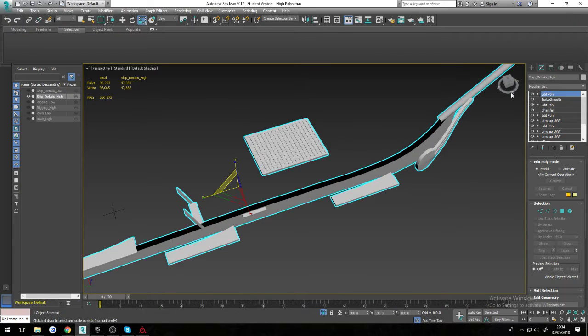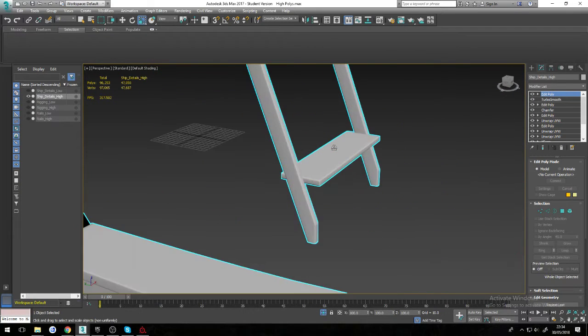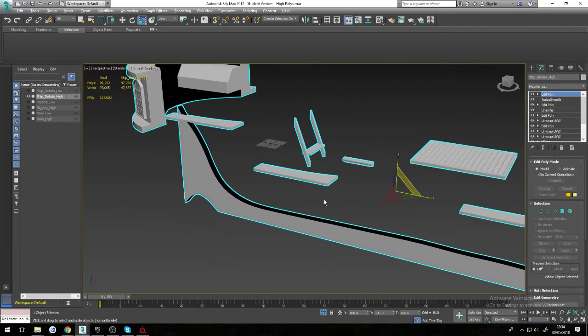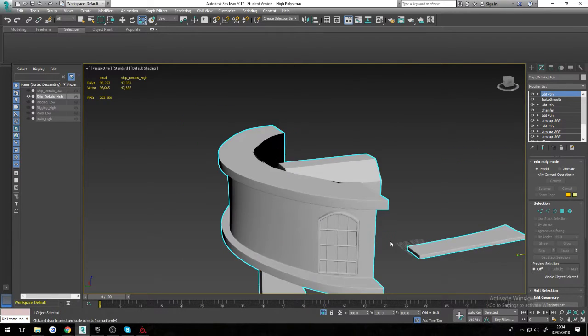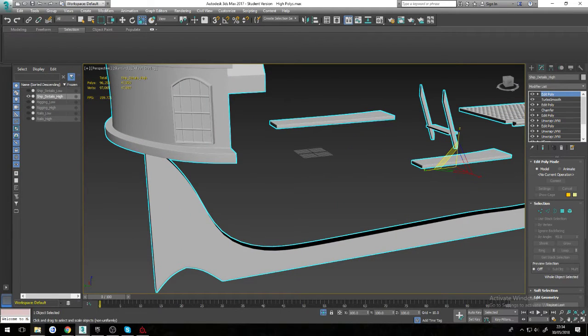So I mean, the high poly was pretty easy. It was just chamfering and then turbo smoothing. If I have the original file,